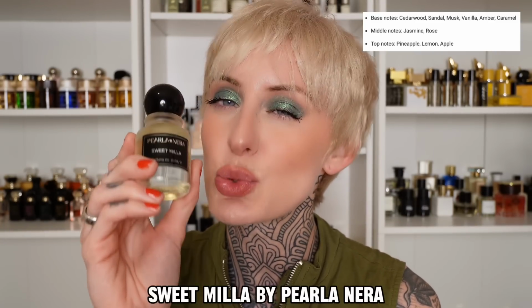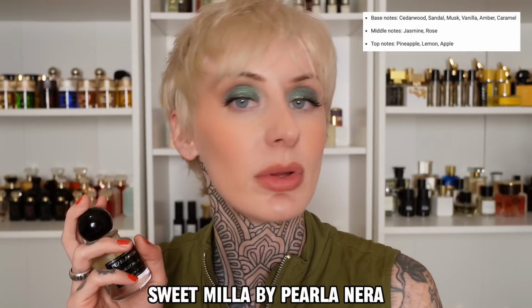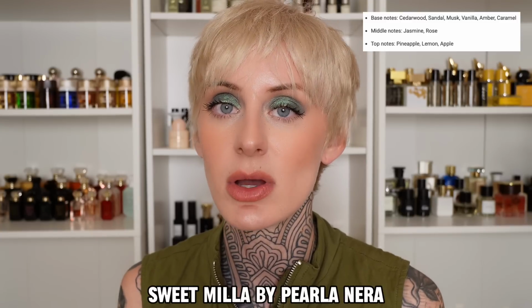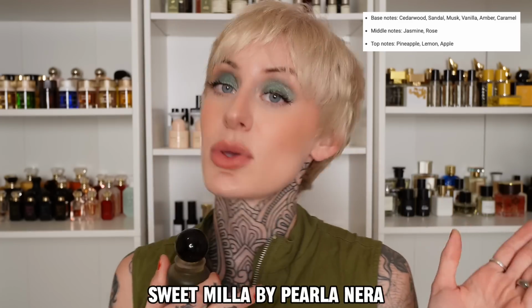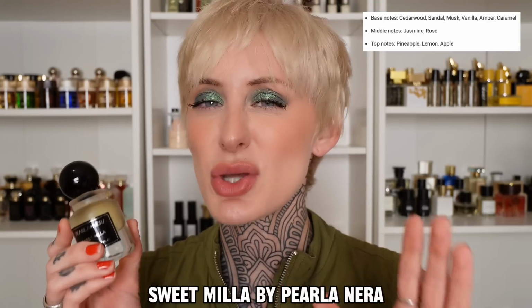So for layering tools, check these out. They have them in a ton of different fragrances, but specifically for this video, I'm going with Sweet Mila. And this would layer with a ton of fragrances that I mentioned in today's video because this has a pineapple, it has a vanilla, it has a jasmine, a sandalwood. So a lot of the notes that I talked about in today's video. So if you've noticed that fragrances don't typically last for you, I don't think you'll have that issue with these fragrances, but if you like to really project, layer on a fragrance oil, just go check out the ones that